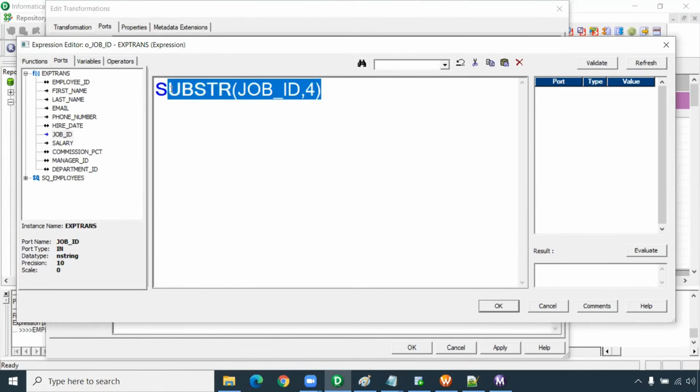If you want to check all the functions, please go through that 1 hour video on single row functions. In real time, if you want to apply any logic, you have to think about what could be the logic. So definitely you have to practice all the functions we have. Please make sure that you are practicing it.